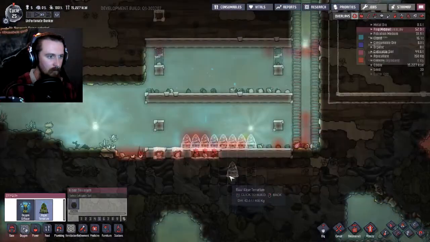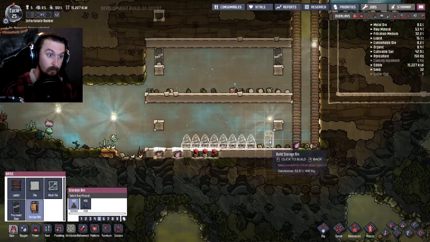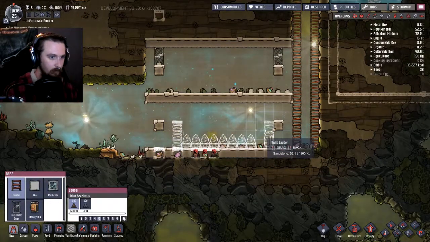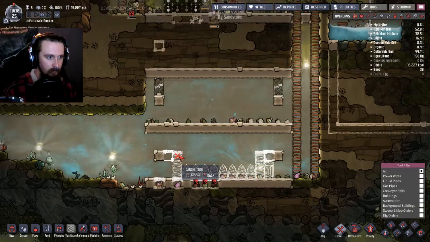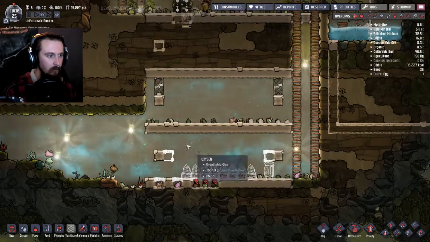So we're going to get a load of algae terrariums down here at the bottom. We're going to get our storage bin for algae to come and sit down here as well. And we're also going to put some ladders up here, along with another tile or 2 there. In fact, I'm going to change that. We're going to cancel those bits, because eventually this is going to be for...